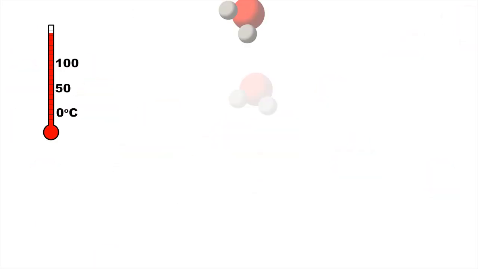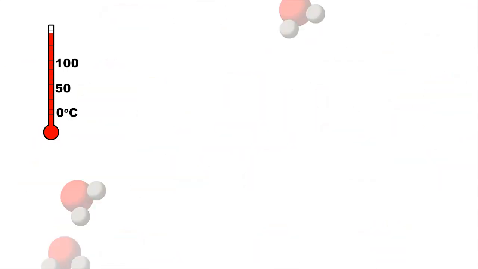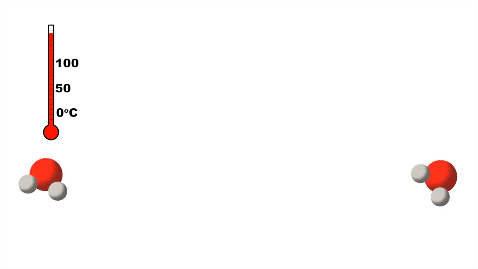Above 100 degrees Celsius, water molecules have too much kinetic energy to form hydrogen bonds with other water molecules. In similar fashion to the particles of other gases, they move around more rapidly, spreading further apart, and when they collide, they simply bounce off each other,